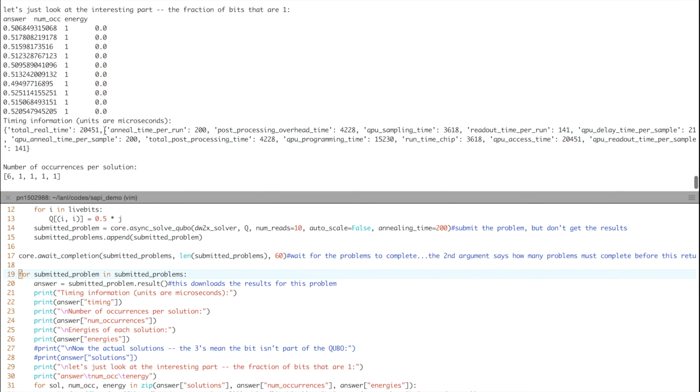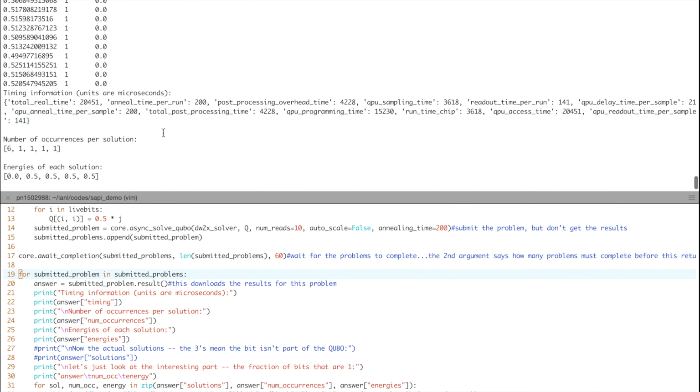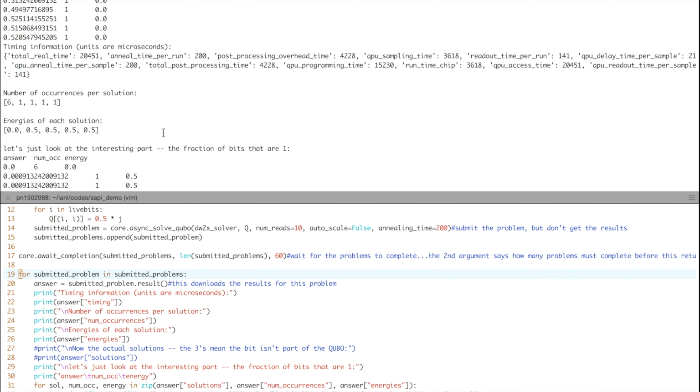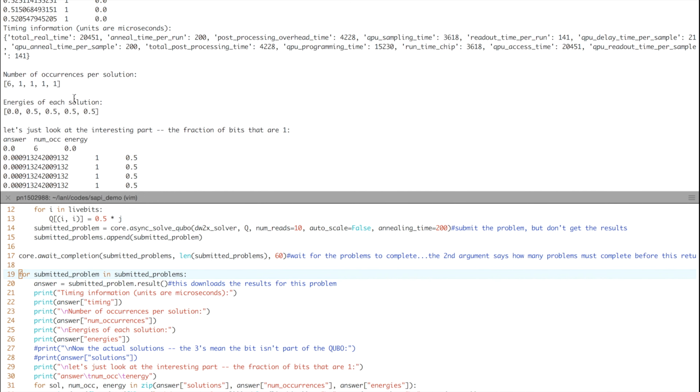Okay, so now let's look at our second solution. Again, the timing information. Now this was the biased coin, and in this case it was biased towards 0. So this problem only got 5 different unique solutions. The first solution occurred 6 times. That's what this 6 is. The other solutions occurred only once. The energies for the solution, the one that occurred 6 times had energy 0, so this is the one where they were all zeros,